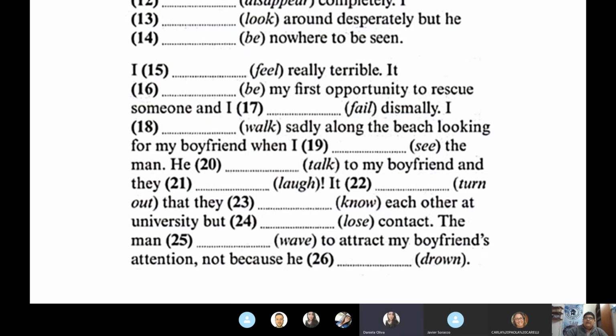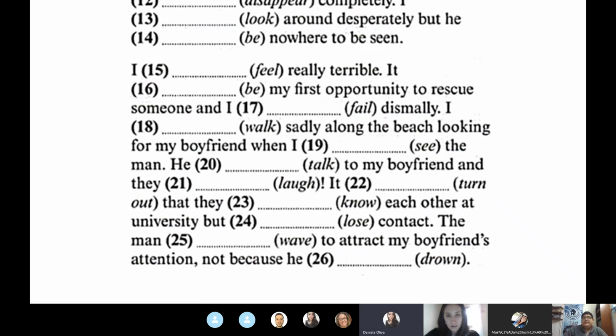I walked sadly along the beach looking for my boyfriend when I saw the man. I was walking sadly along the beach when I saw the man. It is an action interrupted by another action. When I saw the man,